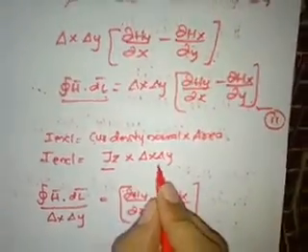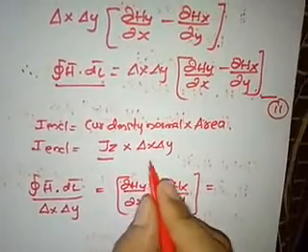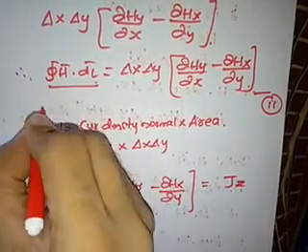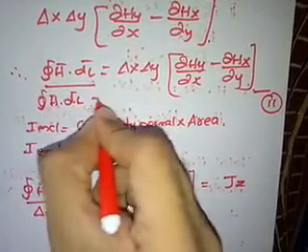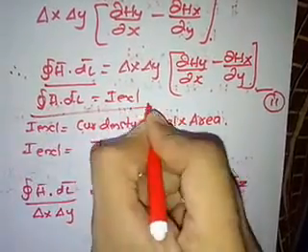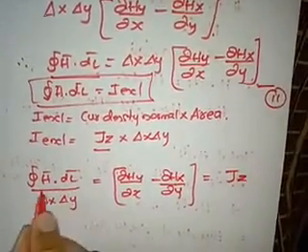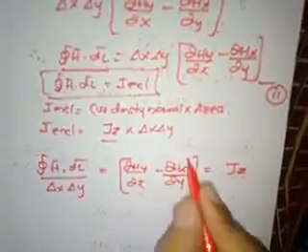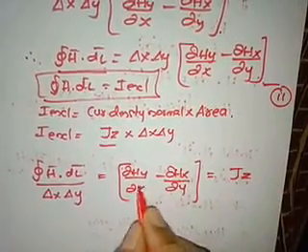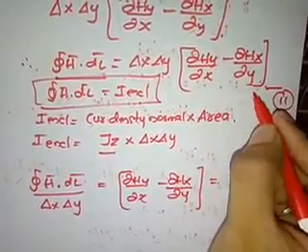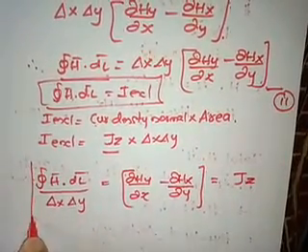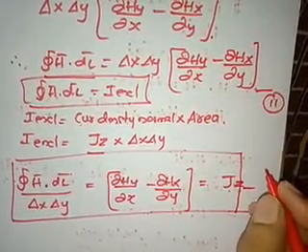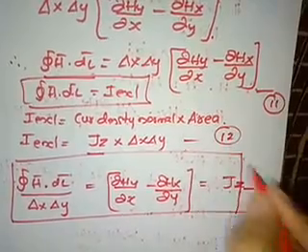Then what is delta x delta y? That is nothing but delta x into delta y into jz, which is I enclosed. So the closed integral h bar dot dl bar is equal to I enclosed. Okay. So accordingly closed integral h bar dot dl bar is equal to jz into delta x delta y, that is current enclosed. Okay, so that is further equal to this term dou hy by dou x minus dou hx by dou y. Take this equation as 12 and this one as 13.